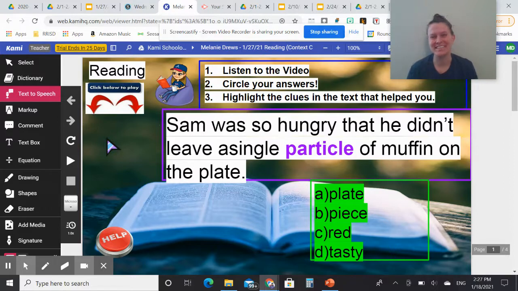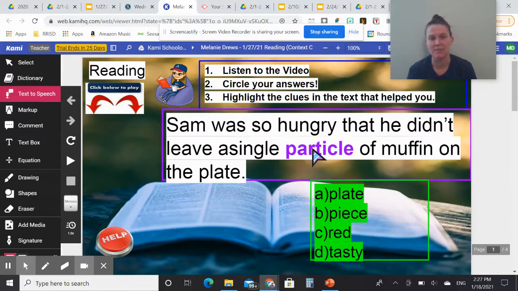But once you get to that part where you are reading yours on your own or reading it from text to speech, there's going to be a word in purple, or a word that's underlined. Okay, some kind of word that's standing out that you have to figure out what that word means using those context clues. So if you were doing this one, it says, Sam was so hungry that he didn't leave a single particle